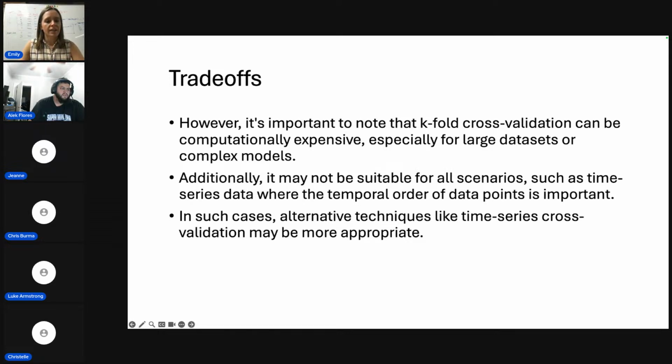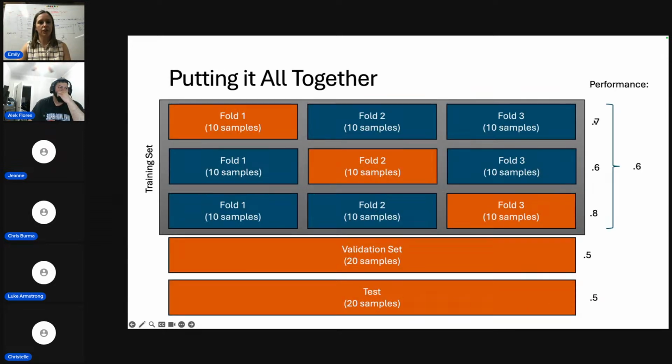The downside to k-fold validation, which I don't think I emphasized, but I probably should have, is the number of models that we're training. So it's expensive. It's computationally very expensive to run k-fold validation. Here we have 3 models for every hyperparameter combination that we are running. So if we have,